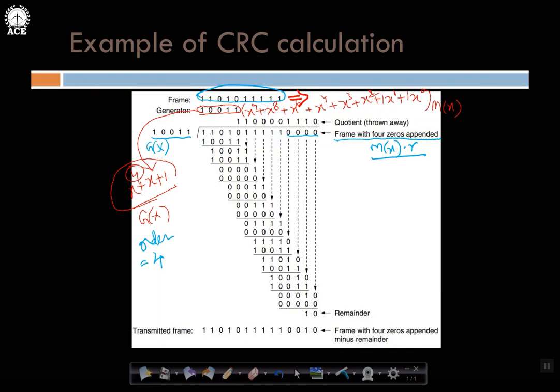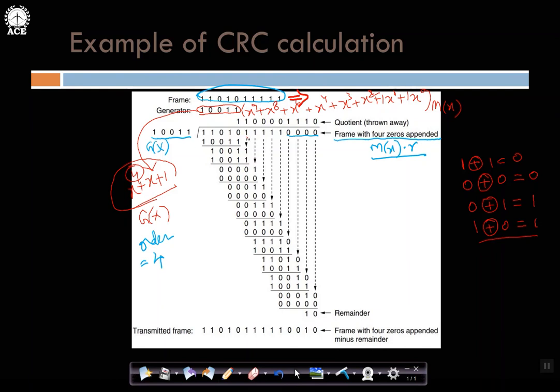Now if you take this value 1, 1, 0, 1, 0, because there are 5 bits here, it goes one time. So I write that and perform the exclusive OR operation. 0 exclusive OR with 1 is 1, 1 with 1 is 0, 0 with 0 is 0, 1 with 0 is 1. I hope you remember that. This is the rule I am using. So this is 0, this is 0, this is 1.